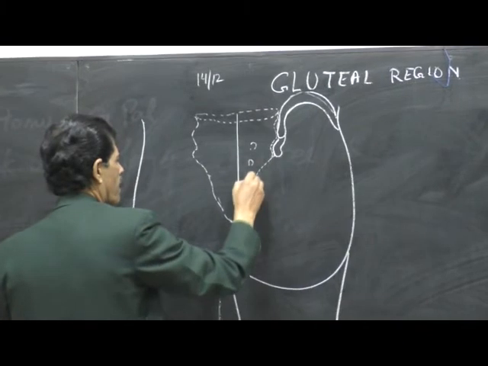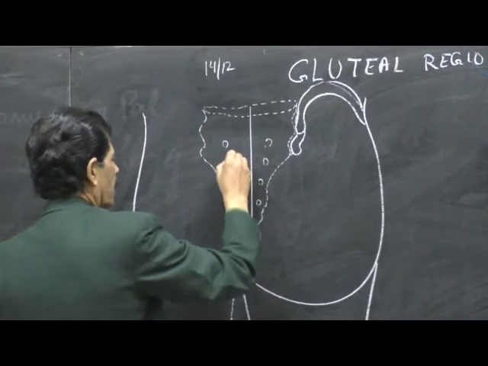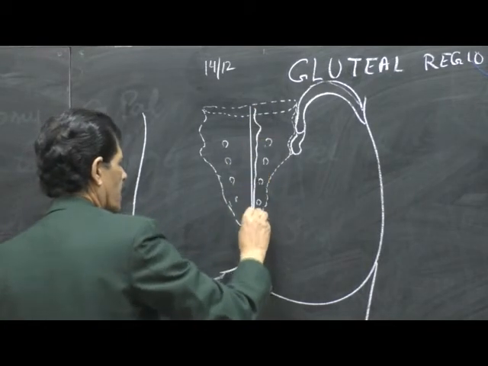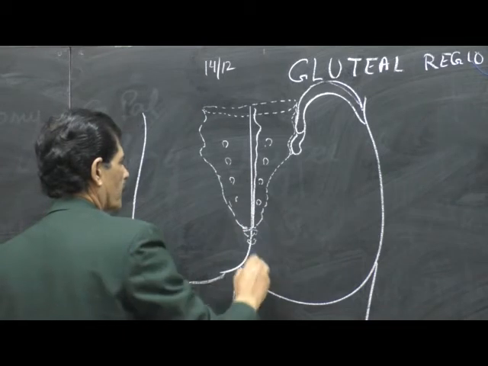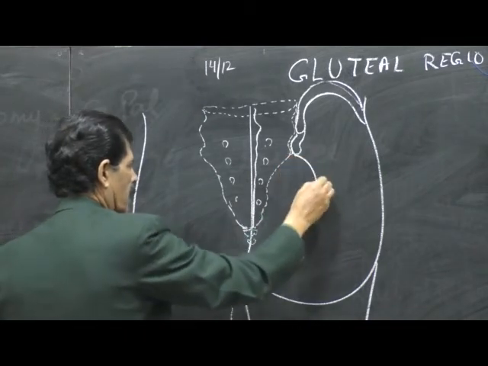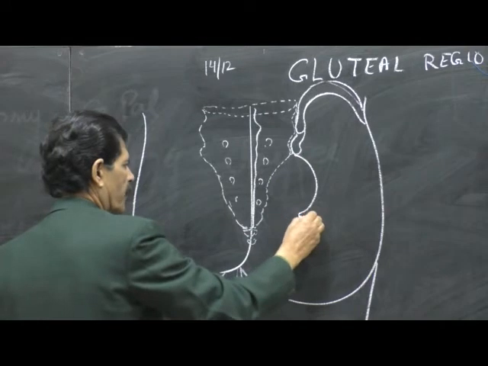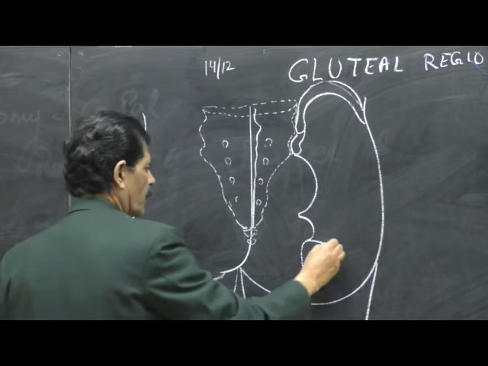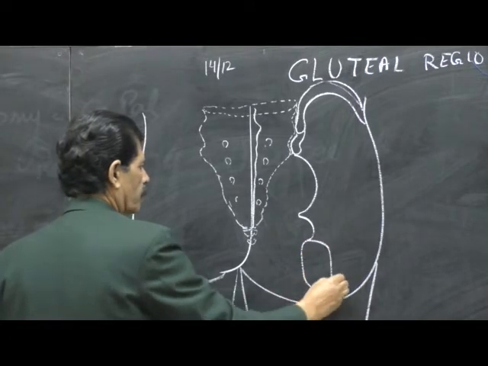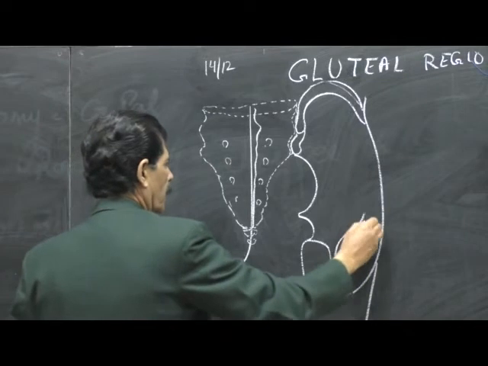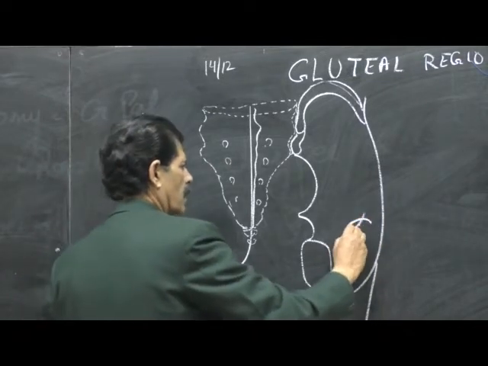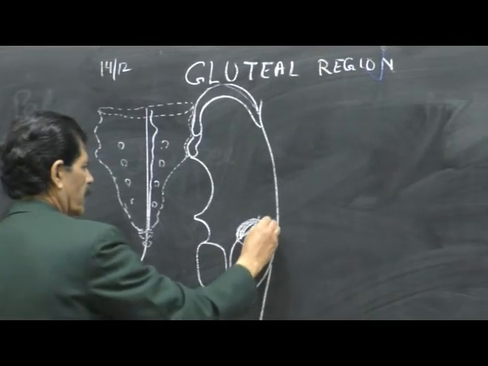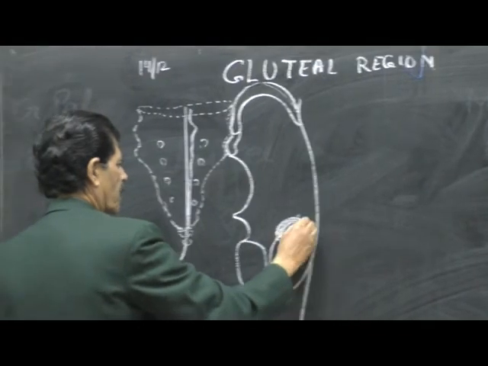And these are the dorsal sacral foramina, and this is the median sacral crest. This is the greater sciatic notch, this is the ischial spine, and this is the lesser sciatic notch, and here is the ischial tuberosity. And laterally here lies the acetabulum, with the head of the femur articulating to form the hip joint,